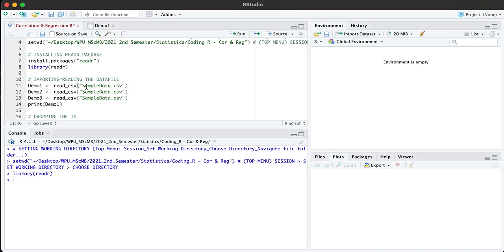So I want to import sample data.csv using the command read_csv, and then save it in my R environment as demo1. Then I want to save another one, which is demo2, and then demo3. To run this one, just click on any space within the line where your command is located, and then click Run over here,